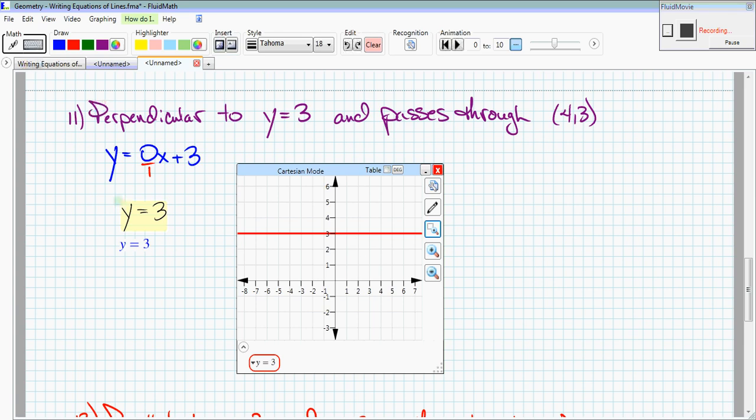on and so forth. If you want to think of it in terms of your graphing, we always graph linear equations with the y-intercept first. So we go up to 3, and then we rise 0, run 1, rise 0, run 1. So any equation y equal to a constant is going to be a horizontal line through that value on the y-axis. Now, the line that we're writing the equation for is perpendicular to this, and it passes through the point 4,3. So let's get to point 4,3 on the graph,